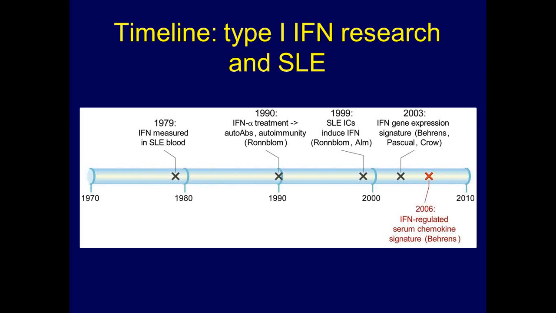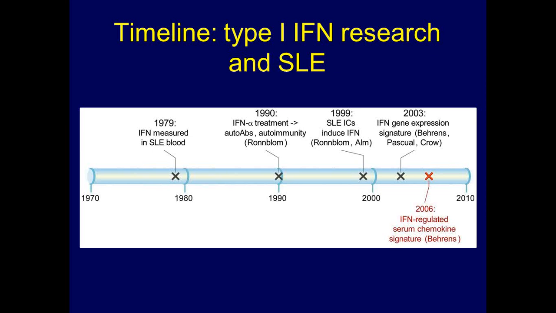About a decade after that, there was additional discovery that the immune system, in the form of antibodies, could induce type 1 interferon by lupus or even healthy cells. And so the idea that interferon could be connected to the autoimmune response causally was established about that time. Exactly 10 years ago now, the first reports came out of association between lupus and expression in the blood of sometimes hundreds of genes that are controlled by type 1 interferon. This was a very important discovery in lupus history, or research history, and the first name on the slide you see there, Behrens. Tim Behrens was an investigator at the University of Minnesota at the time that he published this report, along with others at